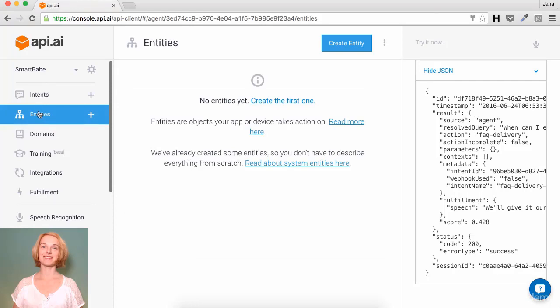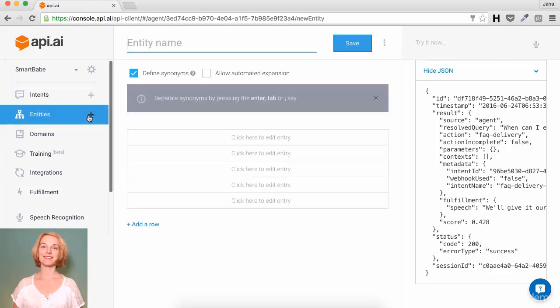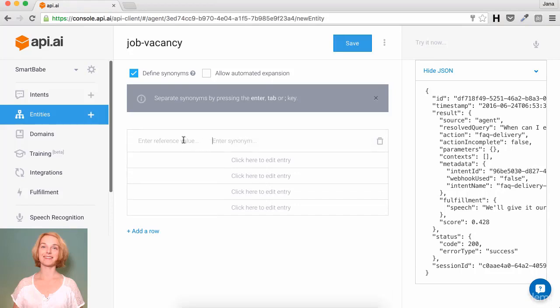So let's add job vacancies. Name the entity job vacancy. First, we'll add an accountant. So accountant, and we can add synonyms. People might also enter a bookkeeper. And now let's add shop assistant. Shop assistant